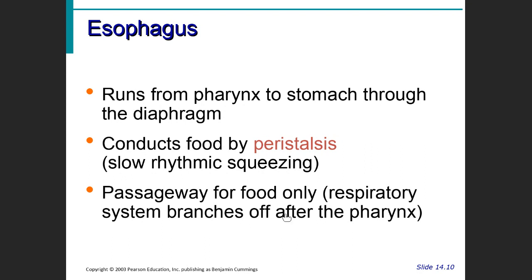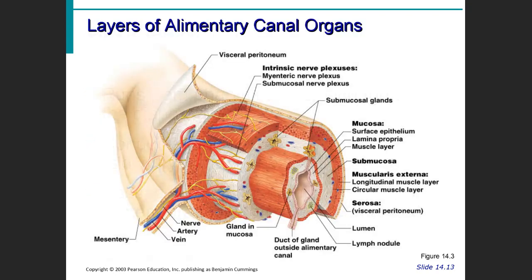The esophagus is basically a passageway for food only. It does not really digest anything. And it goes down into your stomach. Now, this is what the esophagus kind of looks like. It's just a quick look. It's lined in epithelium like all tubes are. Remember, epithelium is covered in lining tissue. And then it has a couple of layers of smooth muscle. Those are the muscles that actually squeeze and let the food move through. That's the peristalsis, the involuntary squeezing. And then you have some connective tissue in there to give it some strength so it doesn't break or pop on you when you don't want it to.